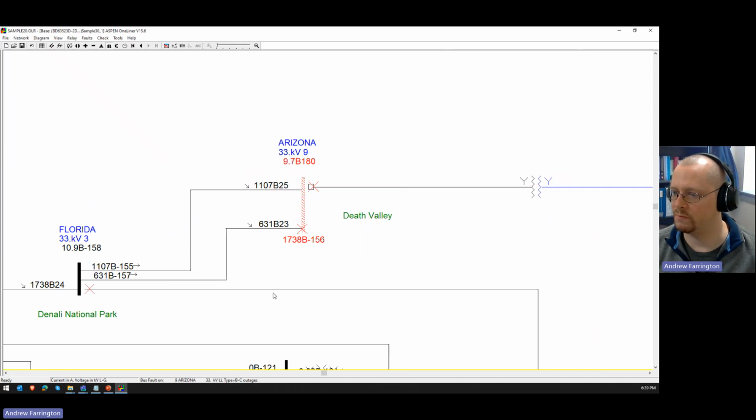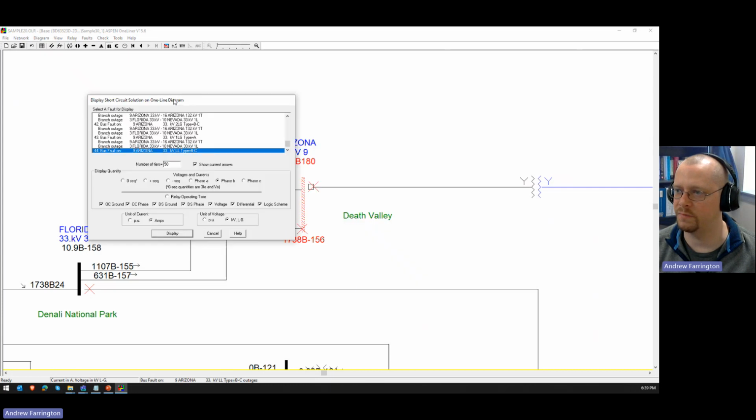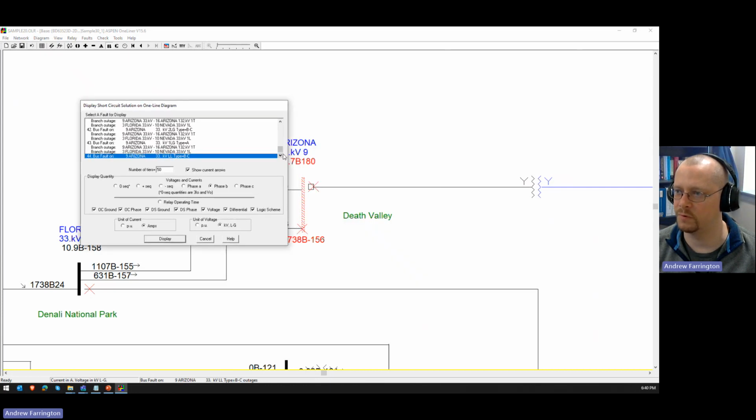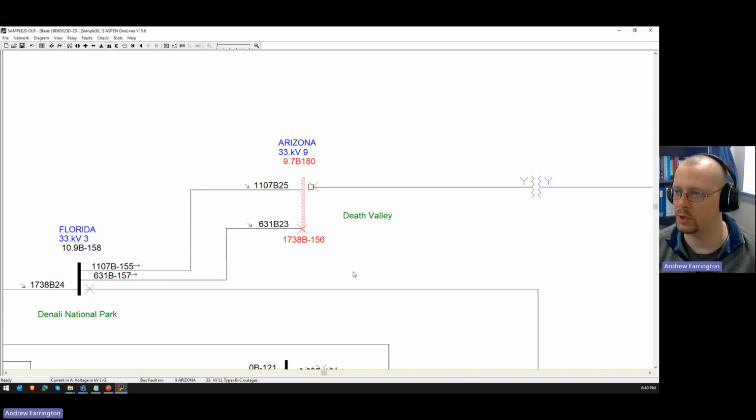Okay, so let's run that. And so what we've just done is run, I don't know how many faults that is. I guess we can look right here. So this button allows you to view all of the faults you've just run. So we ran 44 faults with those selections, and it says what the fault is, what's out, what type of fault it is. So you can use this if you ran a bunch of faults to try and find the one you want to look at. I don't use that too much. What I typically do